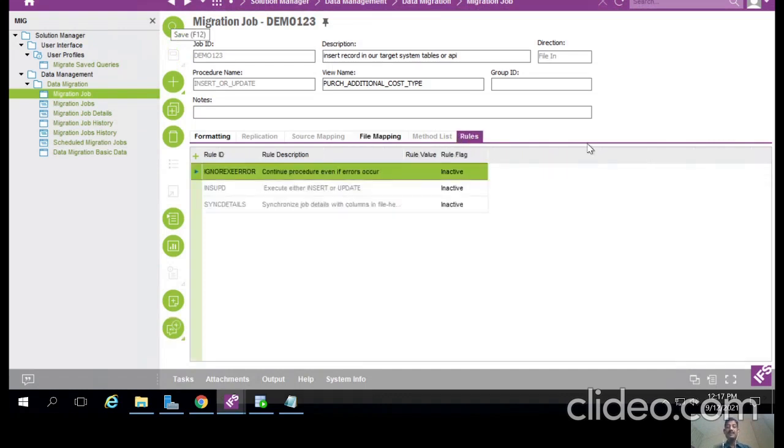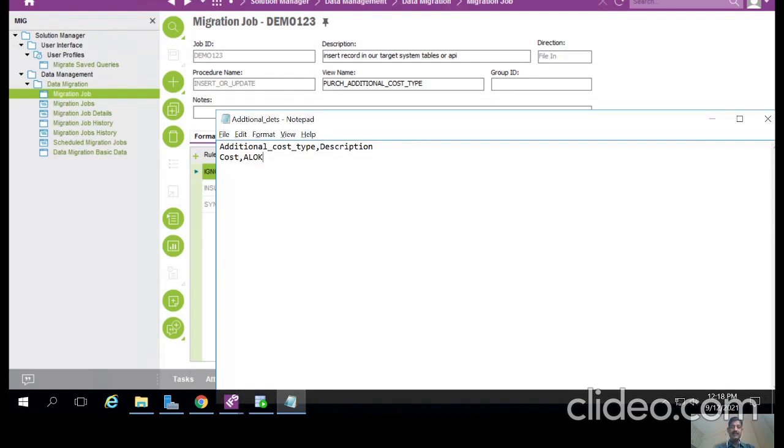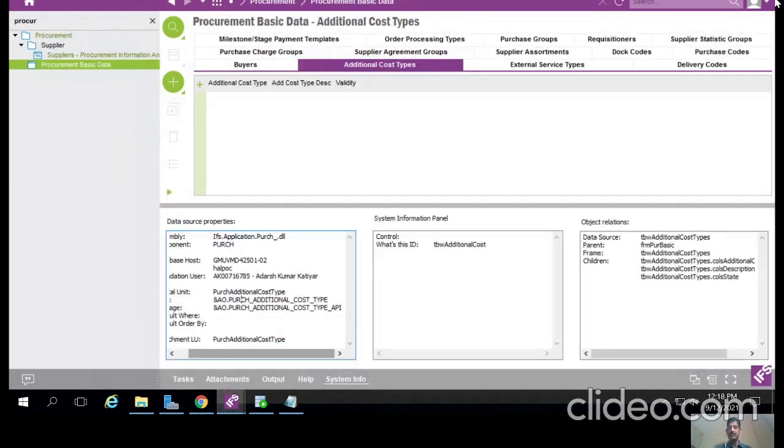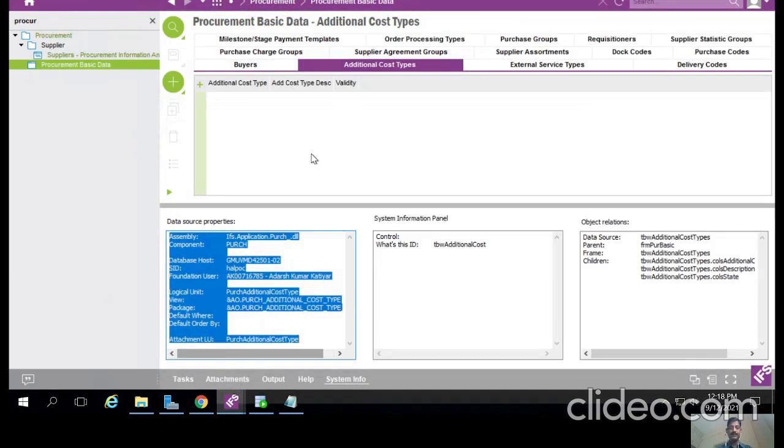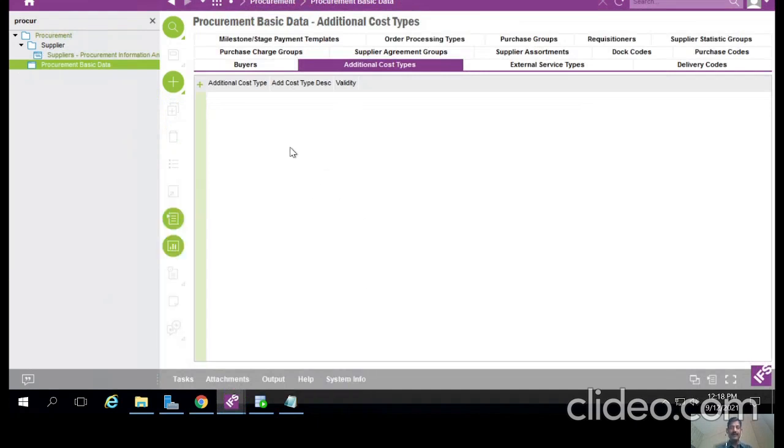Rules are automatically reflected when we choose the procedure name. By default, they are set automatically at the time of selecting the procedure under the position. Okay, so I am migrating this data. First I deleted this one, there is nothing there also. I am migrating one single record from it.